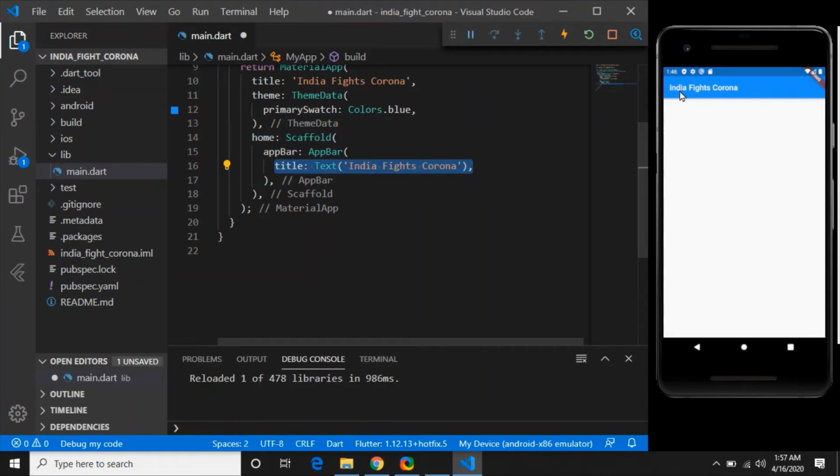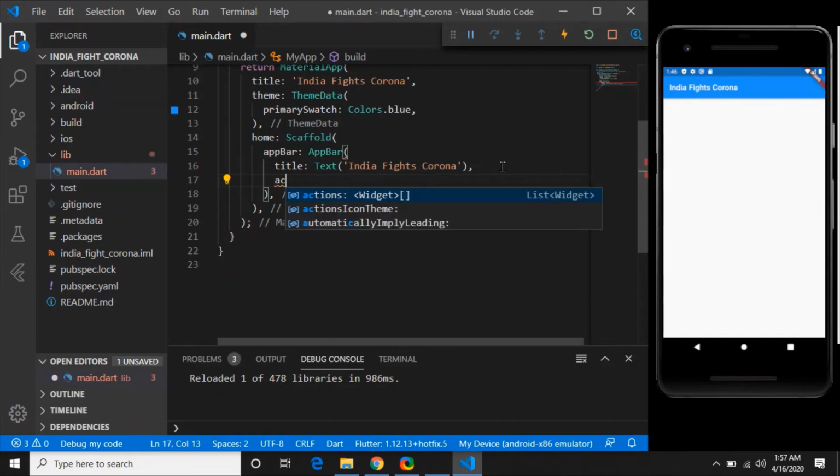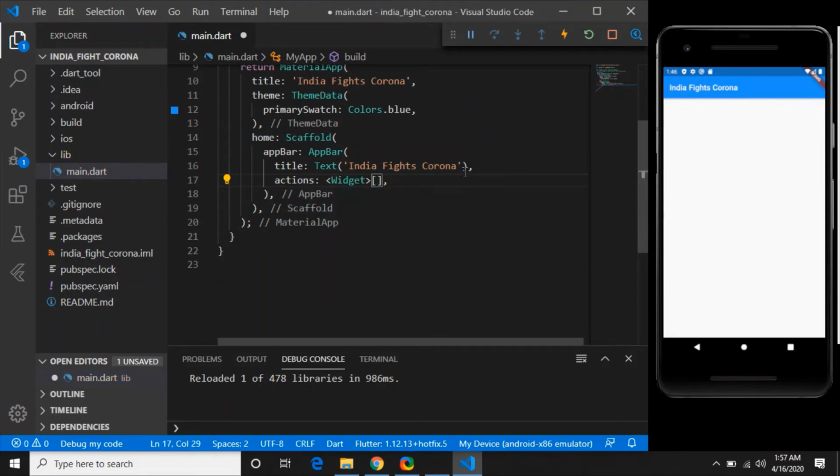Now what is next? In the next part we are adding something new to this app bar, and that is nothing but action buttons. If I write actions, it will bring up action widgets. Now I have to provide a list of widgets into this, and you will have those widgets displayed on the app bar.